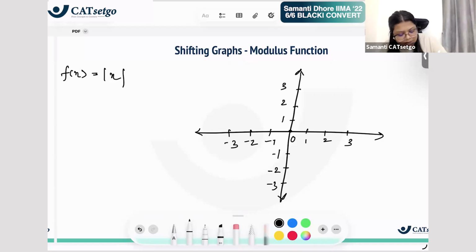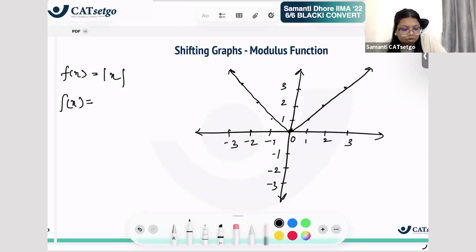फिर इसमें क्या था? जब ये 0 है तो 0 है, 1 पे 1 है, 2 पे 2 है, 3 पे 3 है, राइट? -1 पे जब x -1 है तो भी आंसर 1 ही है. -2 पे भी 2 है, -3 पे भी 3 है. ऐसे करके ये v फॉर्म हो रहा था. फिर नो कंफ्यूजन हियर, राइट? इधर तक सही है. अब लेट अस फॉर्म अ फंक्शन फॉर f of x is equal to mod x plus